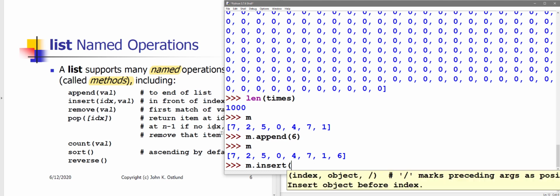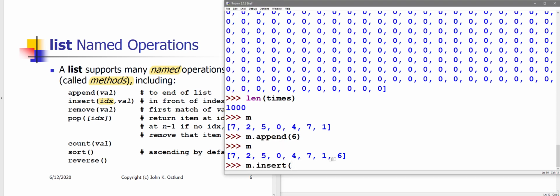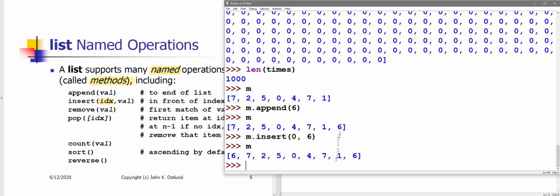m.insert allows me to put a value anywhere I wish. Append always goes at the end, but with insert, I specify the index ahead of which I would like to insert some value. So let me say insert ahead of position sub 0, let's say another 6. Position sub 0 currently contains a 7, but in front of that 7, I'm going to insert another 6. All right, so now I still have the 6 that I appended, and now I have a 6 that I